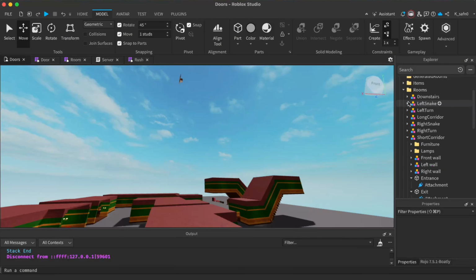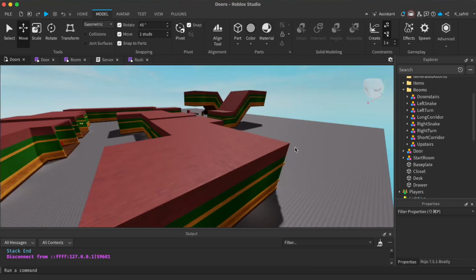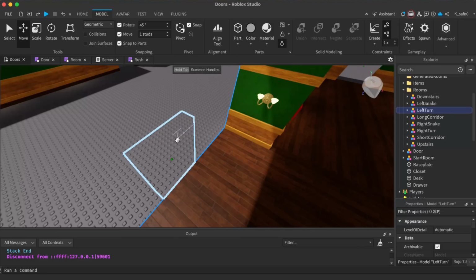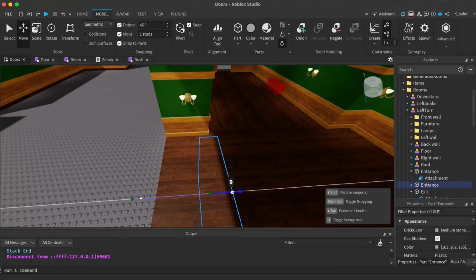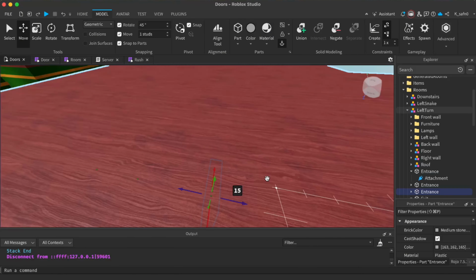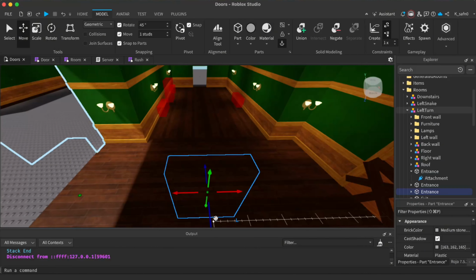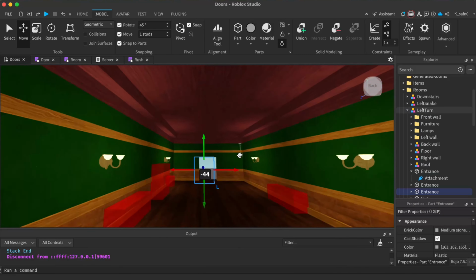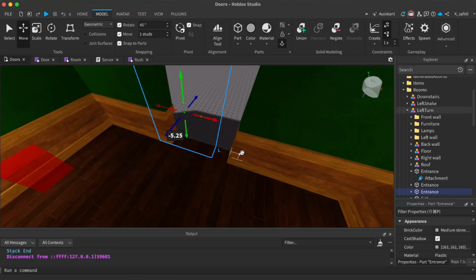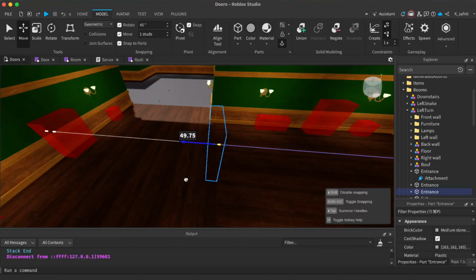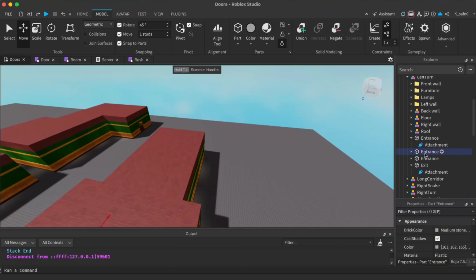Okay, so this is S room. Next, let's do the T room. So we can just copy one, set to here, and copy one, set to center, and generate. And we need to keep connecting this. So move to here, and this time it's easy to connect, so let this back to here. Okay, this is easy. And 1, 2